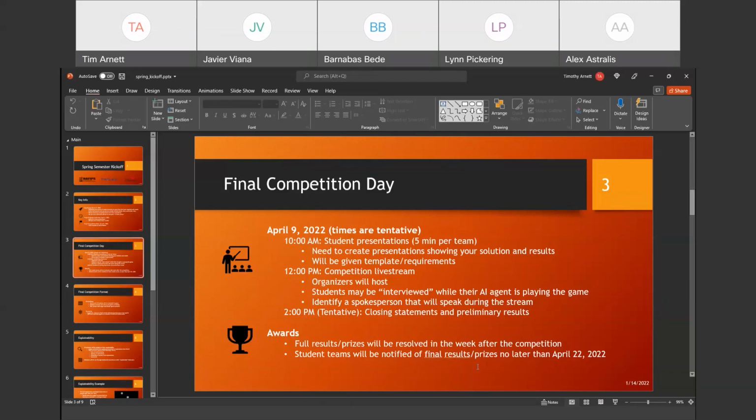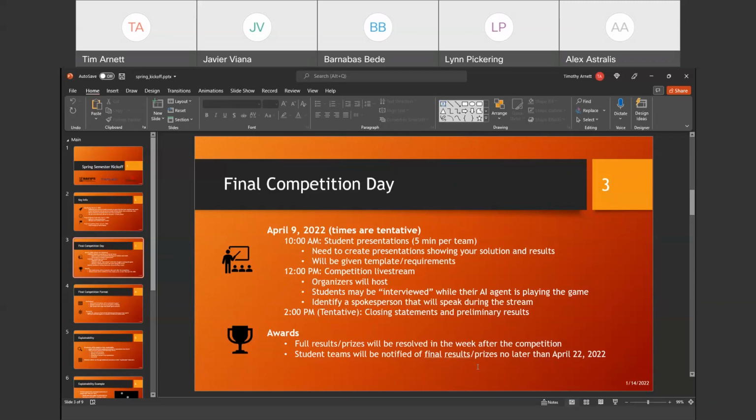You don't need to tell us or anything. You just need to make sure that that person is available on that day and has a setup such that they can do that. But really all it is, we'll talk about things that happen while it's playing the game and talk about what you experienced while training your agent and stuff like that. It's a lot of fun and should be a good time. You can watch the live stream from last year, and we did similar things.